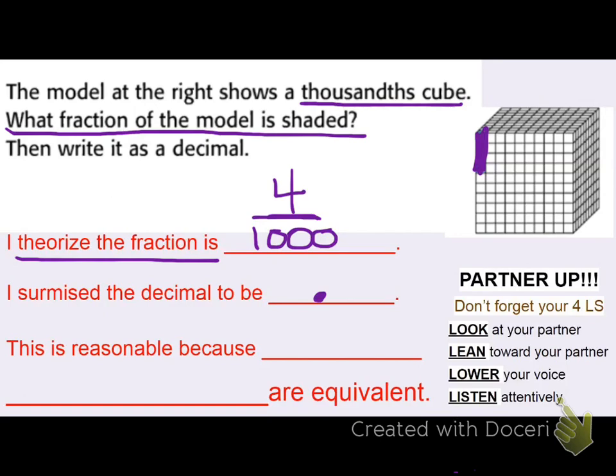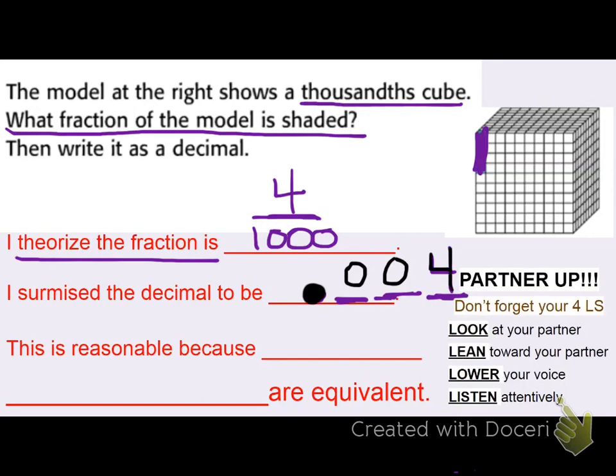I surmise the decimal to be, well, I need to put a 4 in the thousandths place. Well, I'm going to put my barrier, my decimal, because it's less than 1. It's not 4 tenths, and it's not 4 hundredths. It's 4 in the thousandths place. So I can go ahead and put 2 zeros to represent 0 tenths, 0 hundredths, and put 4 in the